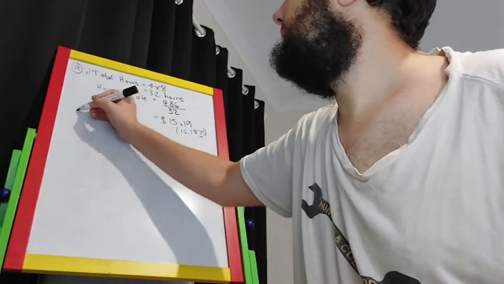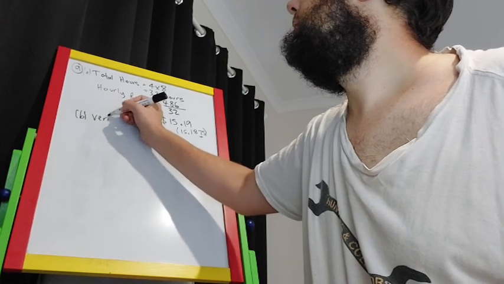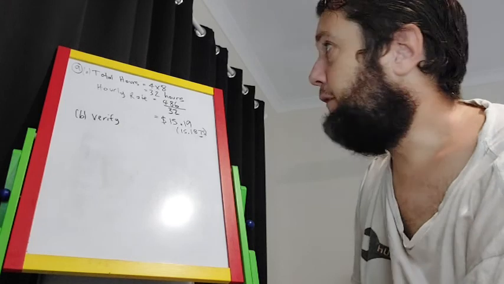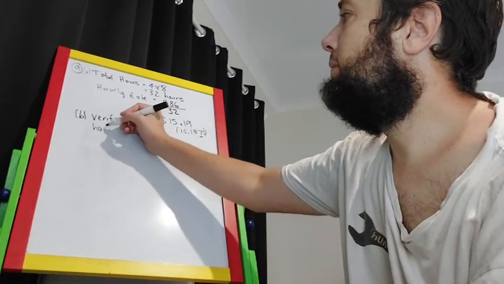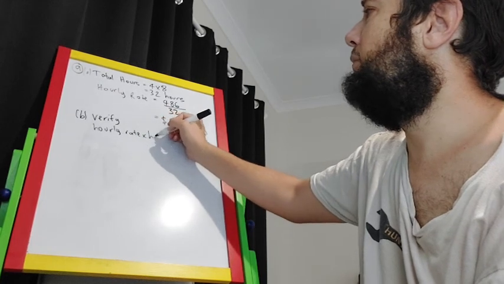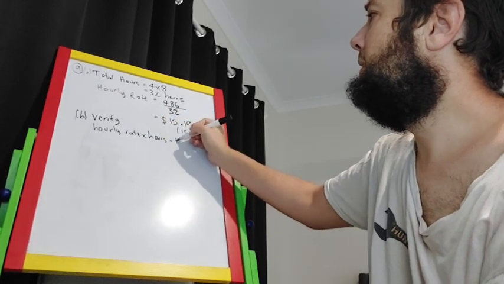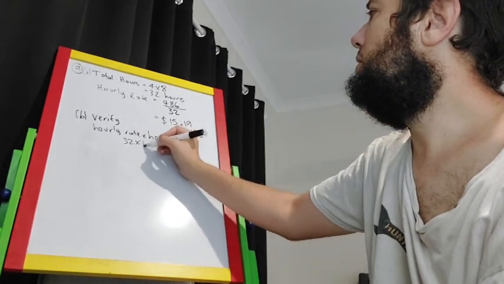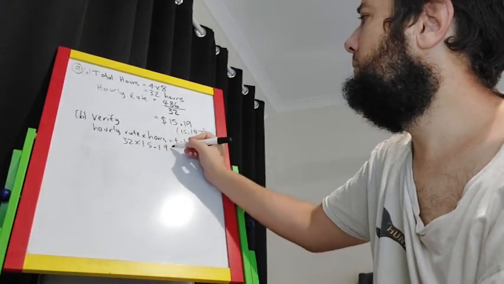That was A, that's B. All right, so quite a few ways of doing that. But look, essentially the hourly rate times the number of hours should give us the total, right? So if I put in here 32 times 15.19,